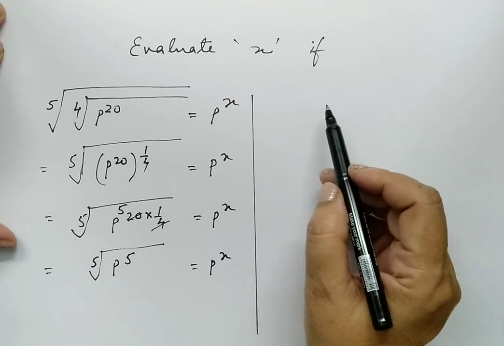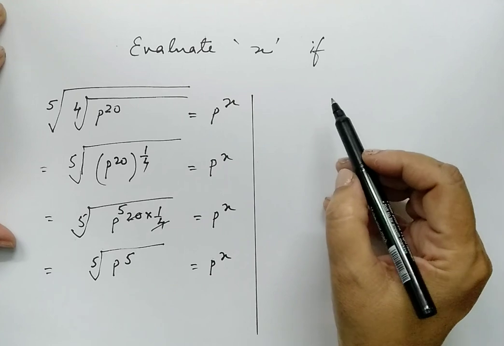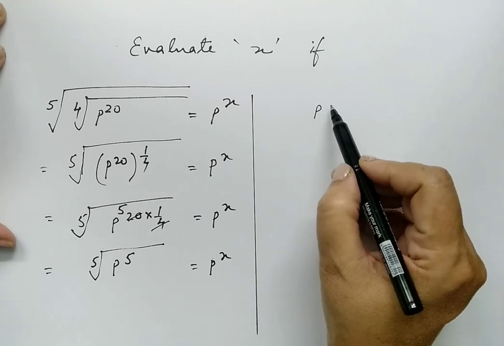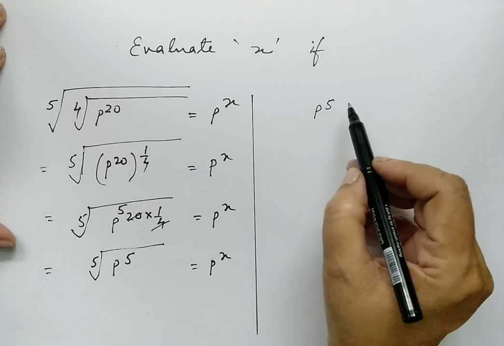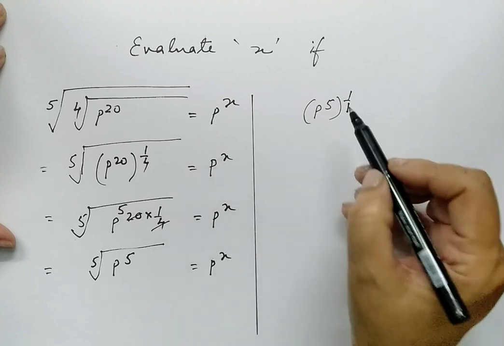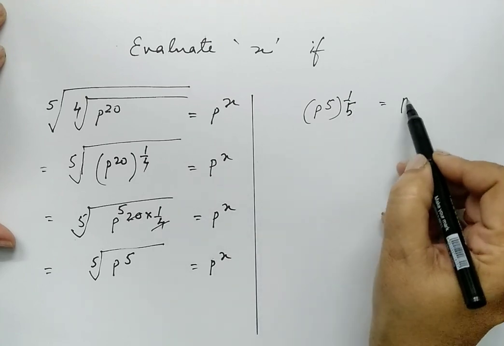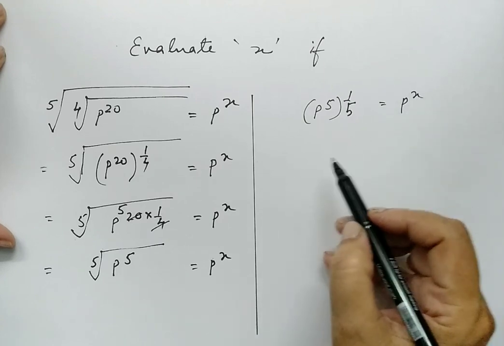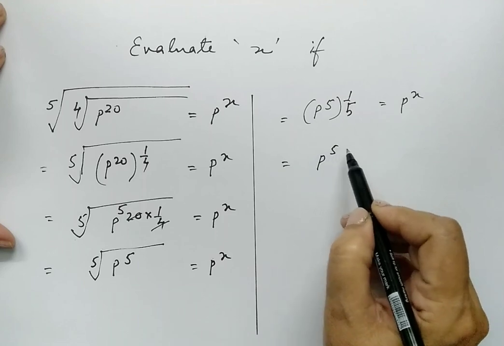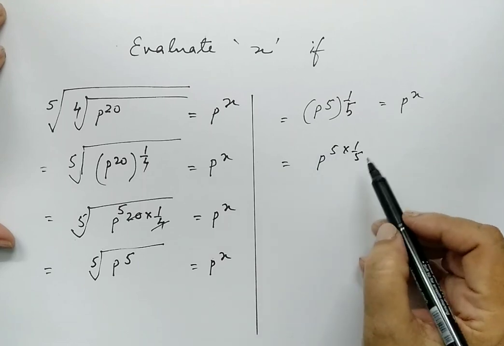Taking you to the other side, we have to do the same thing that we did here, and we have p to the power 5 here, and this 5 comes to sit here. Next step is to multiply these two